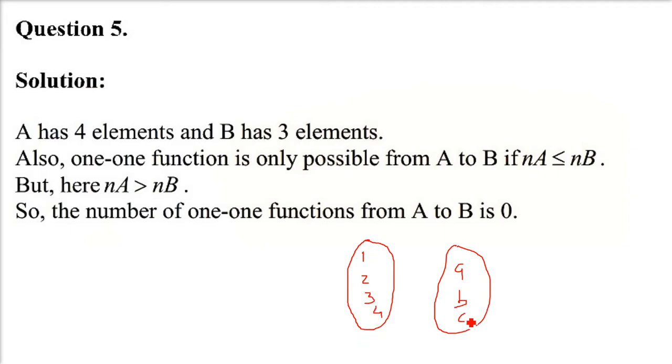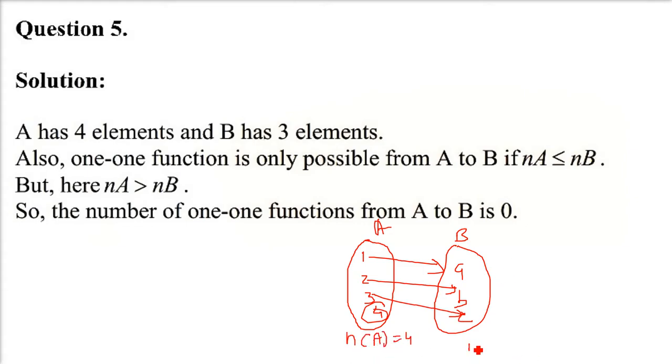I am saying you cannot leave any element of the first set because it will not function then. Any value of the other set can be left, no problem with that. So let me combine 1 with A, 2 with B, 3 with C. What about 4? 4 has no one to be mapped. So for the first go, we can see that it is not a 1-to-1. It is not possible to make a 1-to-1.